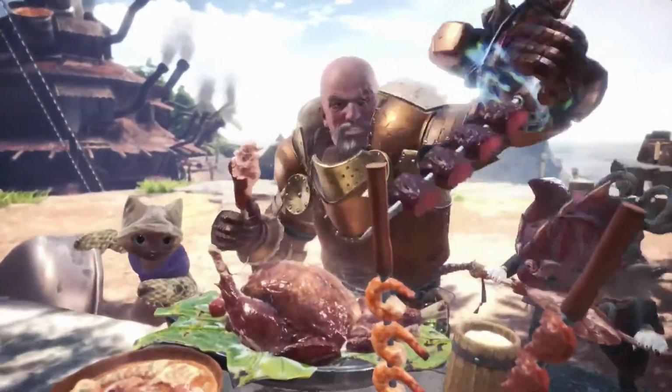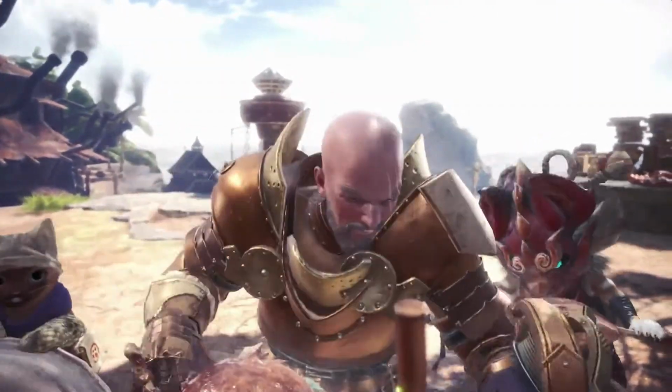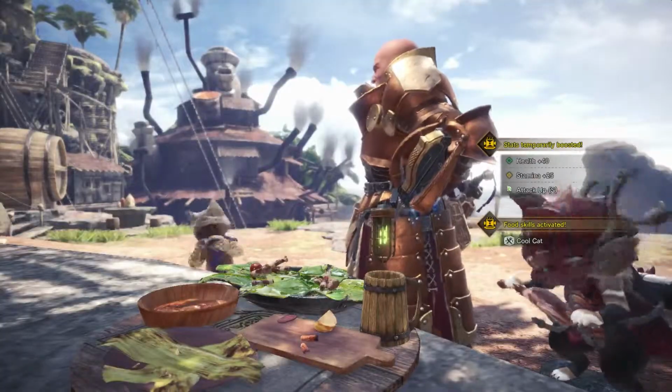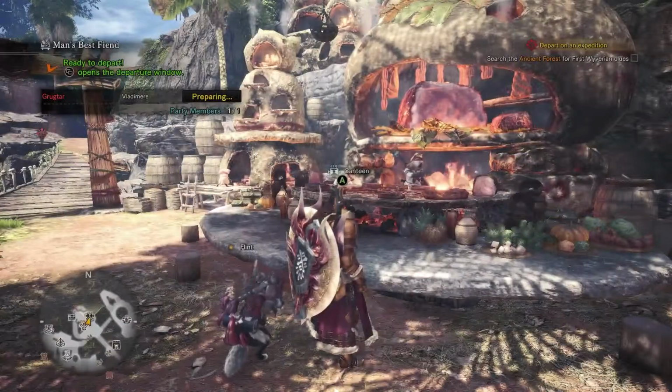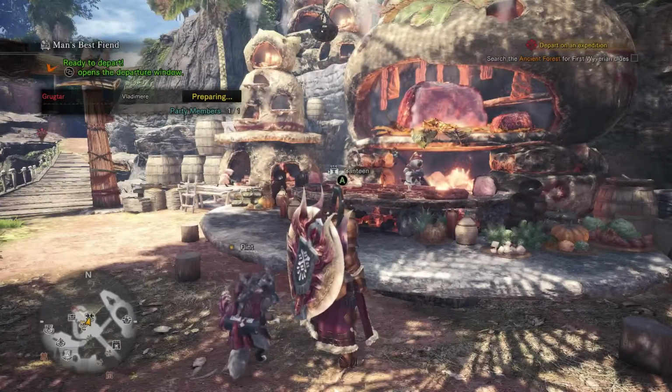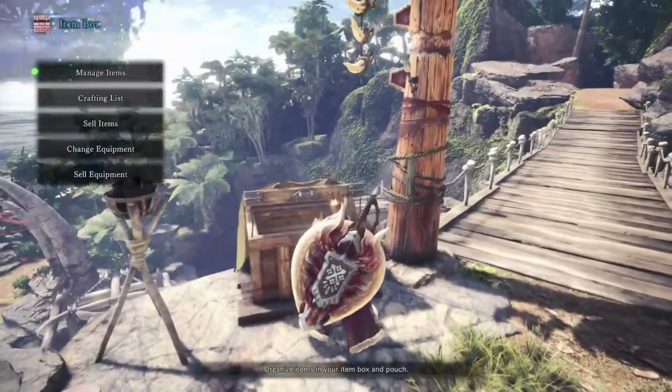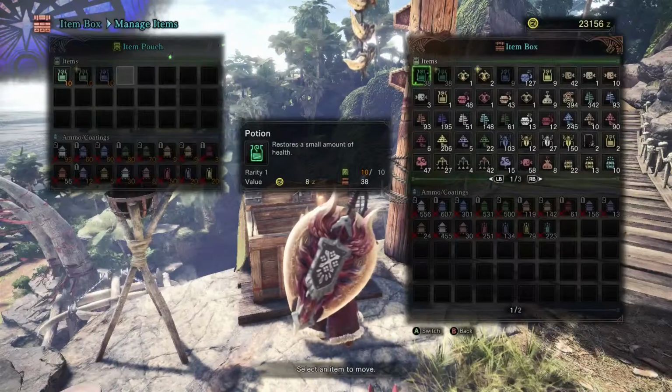Maybe the fact that Flint is wearing armor made out of this thing's body and that we have a weapon made out of its body, maybe that'll intimidate it a little and keep us from getting injured too bad. We're going to go ahead and, just to make sure everything goes to plan, we're going to